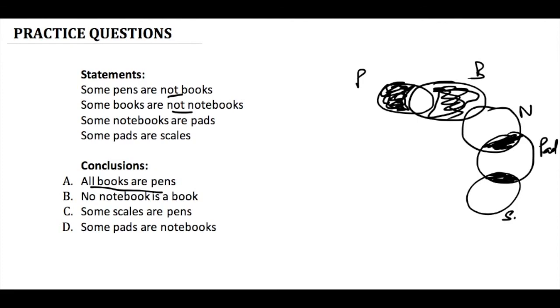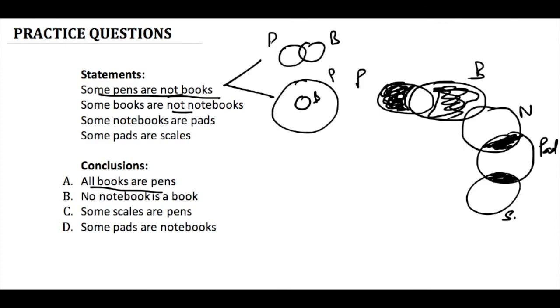क्वेश्चन में क्या दिया हुआ है, सम बुक्स आर नॉट नोटबुक्स, सम पेन्स आर नॉट बुक्स, तो हमें फर्स्ट दिया हुआ है सम पेन्स आर नॉट बुक्स, कुछ पेन हैं जो कि बुक्स नहीं हैं, मतलब ये कुछ एरिया है जो कि बुक्स का नहीं है, तो ऑल बुक्स आर पेन्स हो सकता है या नहीं हो सकता है, लेट्स फाइंड आउट। यहाँ पे इसके दो डायग्राम बनते हैं, पहला ये होता है सम पेन्स आर नॉट बुक्स, और दूसरा होता है अगेन सम पेन्स आर नॉट बुक्स बट हेयर ऑल बुक्स आर पेन्स।